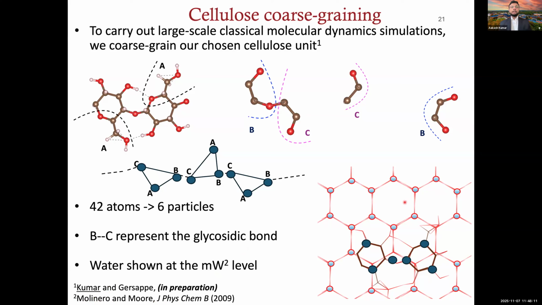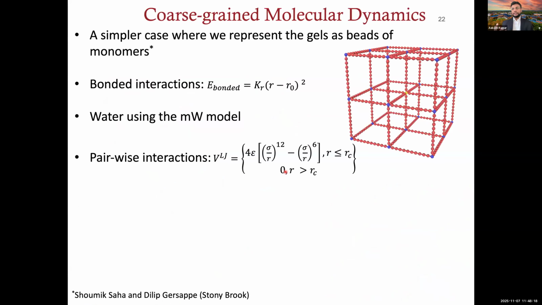Because of the time constraint, I don't want to get into the details of the complex cellulose model here, but I just want to give a quick overview of what a model like that could be used for. So we can have a simpler case. Forget about the 42 atom to 6 particle transformation that I just showed. If you have a gel, a potential antifreeze material, as beads of monomers, as I've shown here, and this is the work of Shaumik and Dilip in our group,